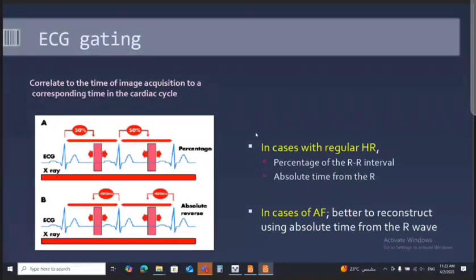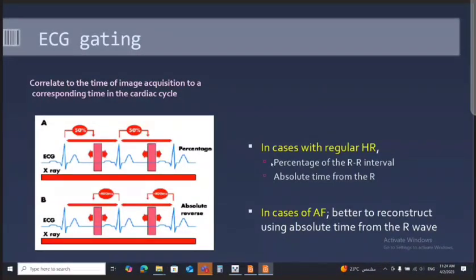The fourth requirement for having a good quality CT is the ECG gating. The ECG gating allows us to correlate the time of acquisition of a slice to the corresponding time in the cardiac cycle. The ECG gating could be expressed as a percentage of the RR interval, like 50% of the RR interval, or 70 or 40%, or expressed in absolute time from the R, like in this case 400 milliseconds before the R or after the previous